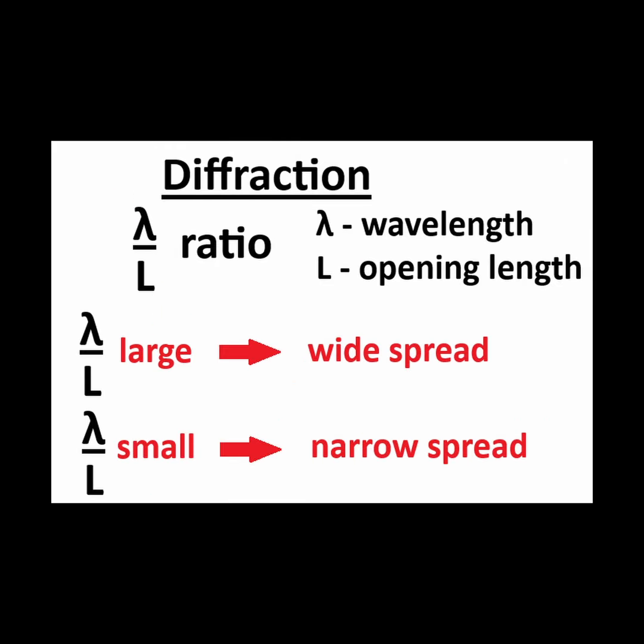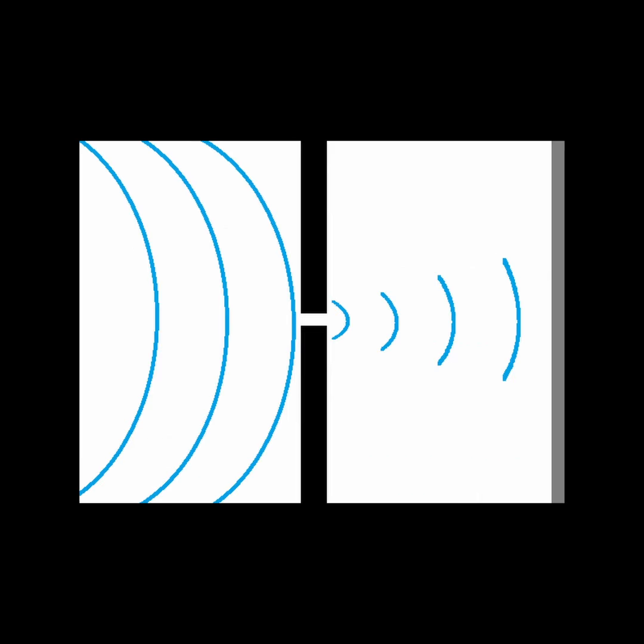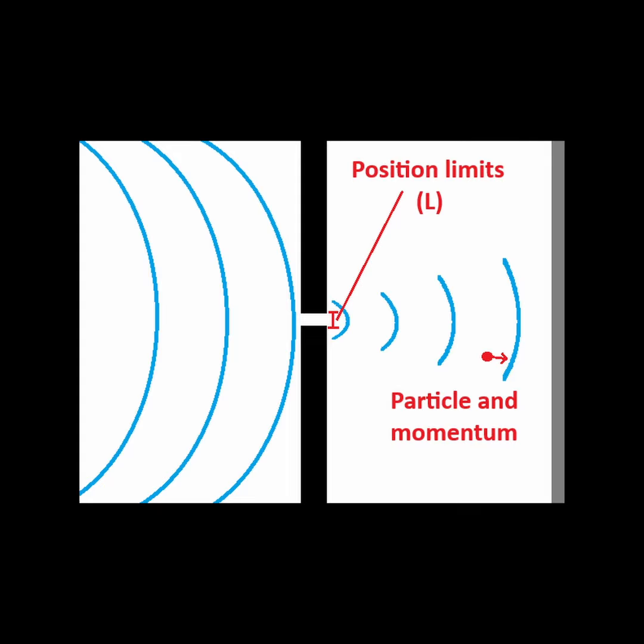If the ratio of the wavelength to the width of the opening is small, the particle hits the detector over a much narrower region. We know the particle goes through the opening, which has a length L. If the particle is detected over a more narrow region, it has less lateral momentum, since it doesn't deviate too far. Thus, if the particle goes through a wider opening of length L, it results in a narrower diffraction having